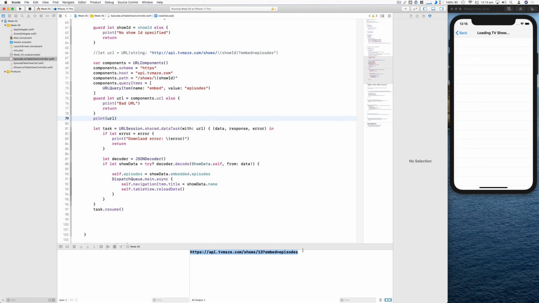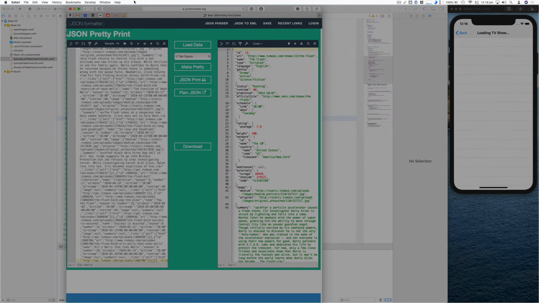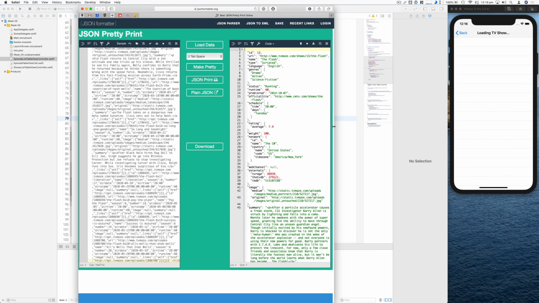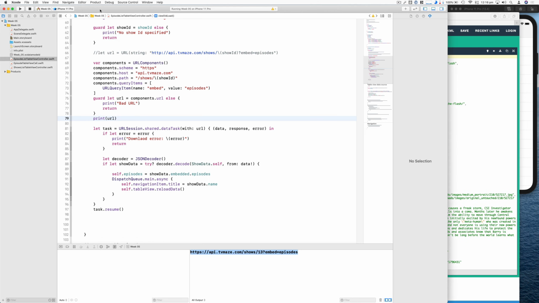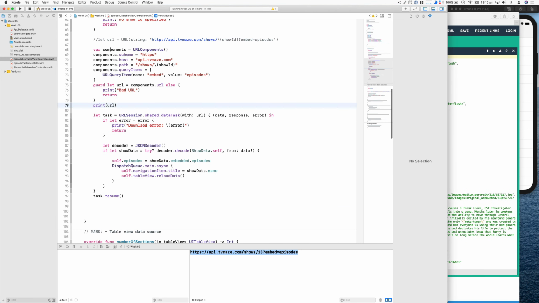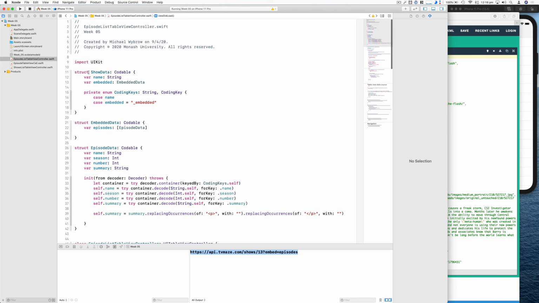Let's have a quick look at this in a browser. So let me investigate this and we'll see what we have here. So this is what it returns. We have a name, so the only things we really look at, to remind you, from the structure that we're reading in show data,